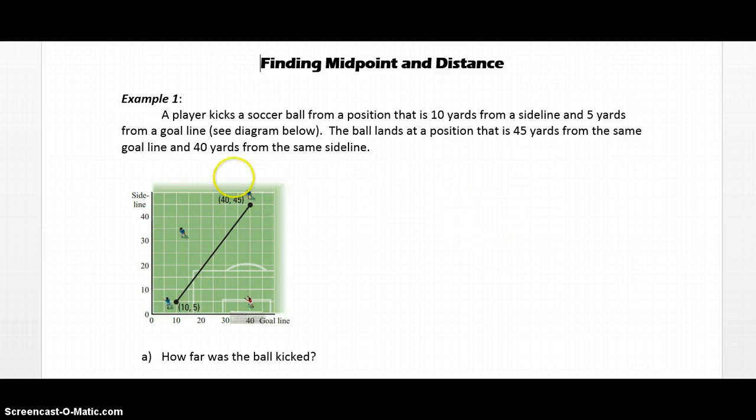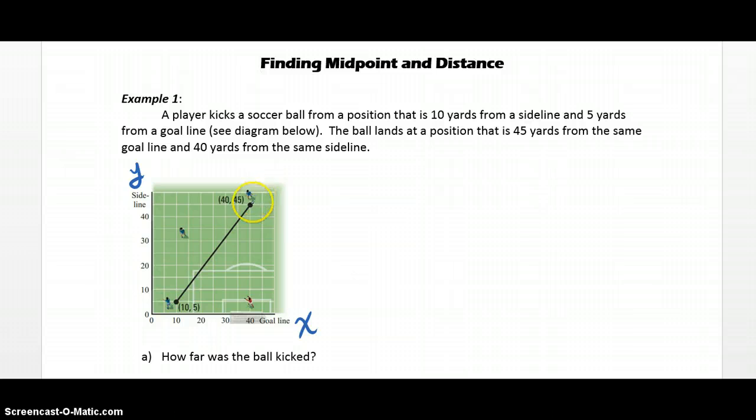So imagine we have a soccer field, and we'll place a grid on the field. It says a player kicks a soccer ball from a position that's 10 yards from the sideline and 5 yards from the goal line. So here's that soccer player kicking the ball. Here's the 10 and 5. The goal line is at the bottom, so think about that as being your x-axis. And think about the sideline as being your y-axis. So we have the point 10,